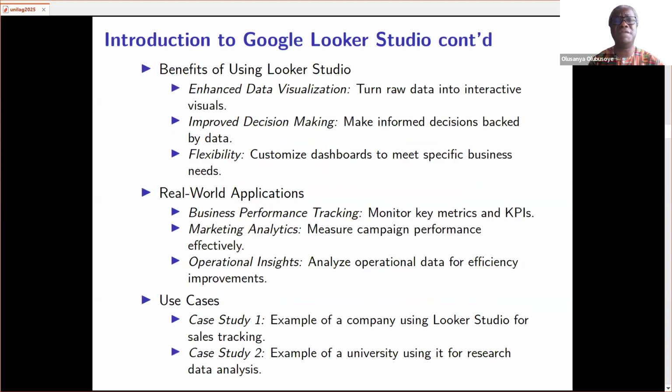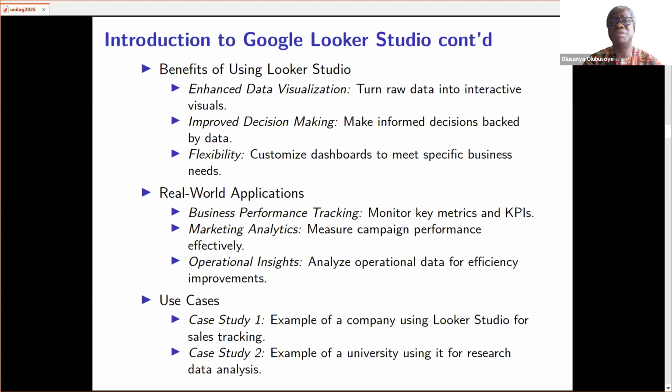The benefits are quite enormous, in terms of the enhancement in data visualization. Looker Studio transforms raw data into dynamic visuals, which is invaluable if you have to look for trends and draw insights, and very useful for decision making.